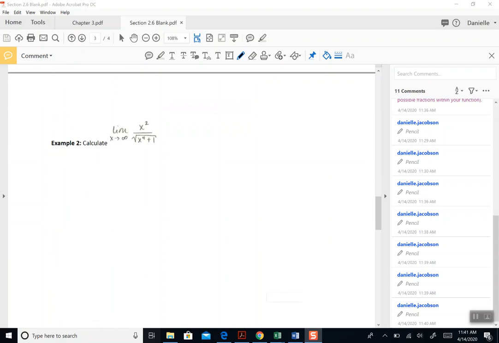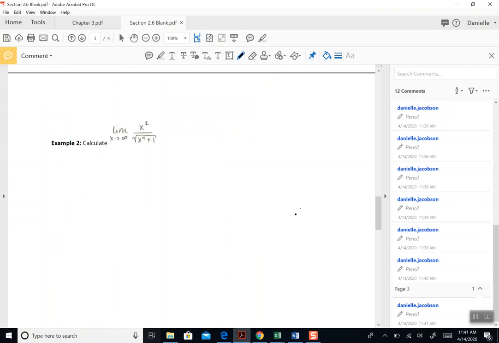All right, so if we start this the same way and we're like, okay, well, let's run my limit as x goes to infinity through. Notice that you'll get infinity on top, x squared. That's kind of like infinity squared, which is just an even bigger infinity. And then in the bottom, you get root of infinity, which is still going to be infinity. So it is definitely an indeterminate form. You can't run the limit right now, which means you need to find some algebra to see if you can work through this. All right, another interesting thing here is to take note that in terms of a degree,